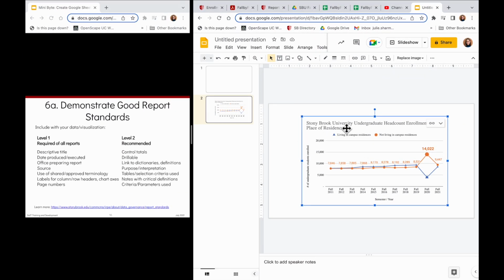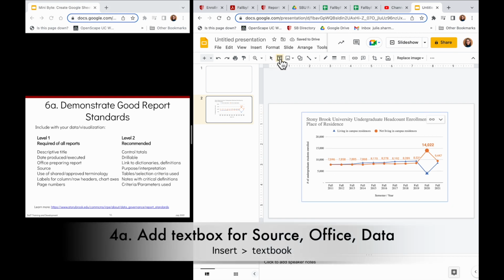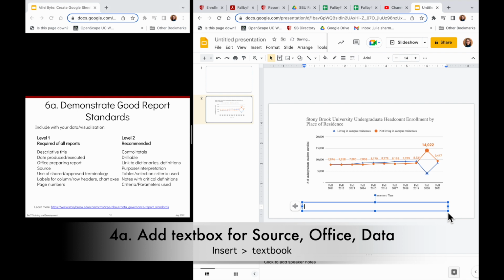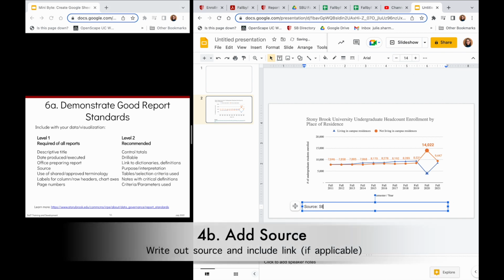So we added a title in the Google Sheet already. So the next elements here of the date, the office preparing it, and the source, we're going to have to add in this slide here. So I'm going to go up to this text box option here, and I'm going to start my cursor in the bottom of the chart and drag it across and create a text box the size of the chart basically. And I'm going to make a note about the source. So I'm going to say source colon, and I'm going to mention that this is from Stony Brook University